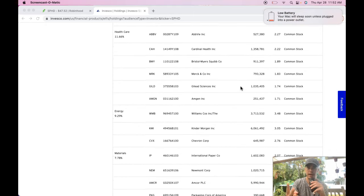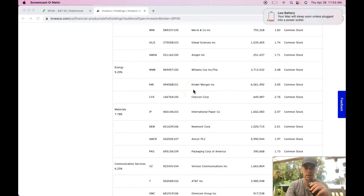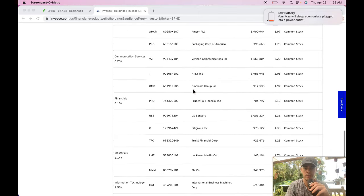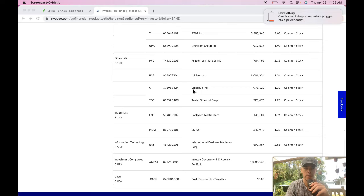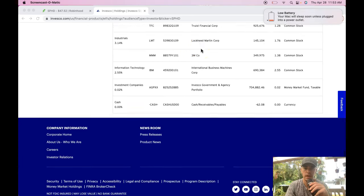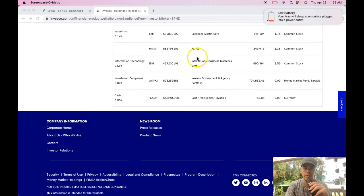Healthcare companies, you got AbbVie, Cardinal Health, Bristol Myers Squibb. Healthcare, these are solid companies, because you know these companies, they stand out, they've been around. Then they got 9% in energy, they got materials, paper, communications, you know, you got Verizon, your financials, they got some banks in there, they got some industrials. Lockheed Martin has been crushing it with all this war going on, and got a little bit of IBM